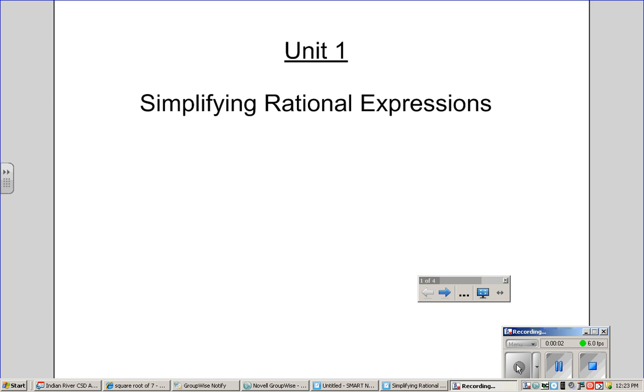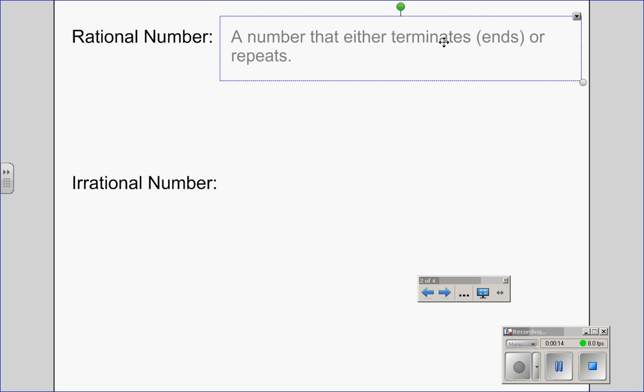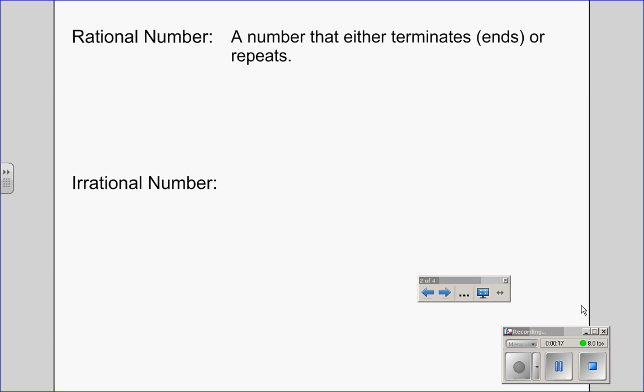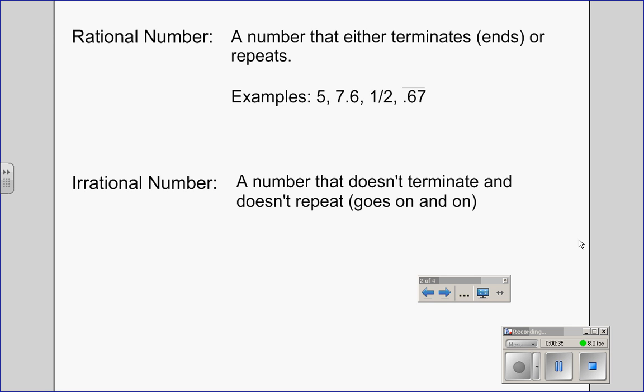Unit 1, Simplifying Rational Expressions. Today we're going to start by talking about a rational number versus an irrational number. A rational number is a number that either terminates, which means ends, or repeats. For example, 5, 7.6, 1/2, 0.67 repeating. An irrational number is a number that does not terminate and doesn't repeat, or it goes on